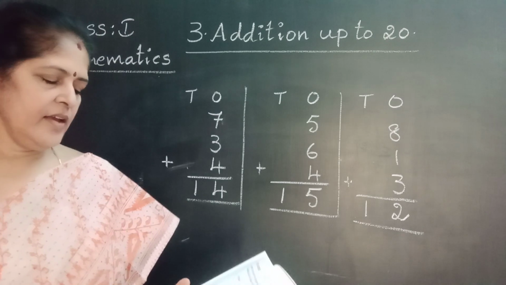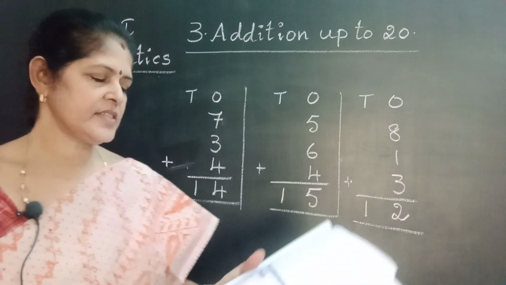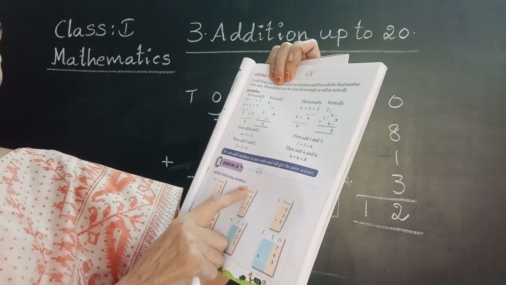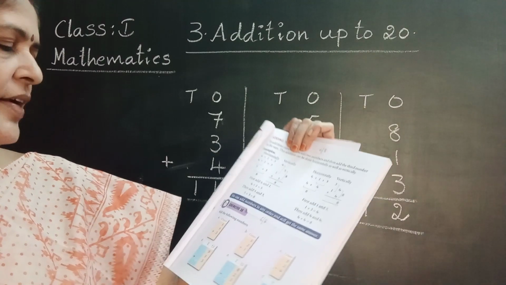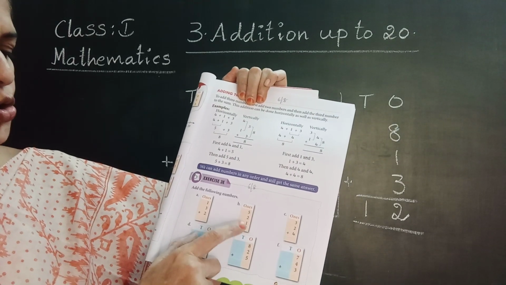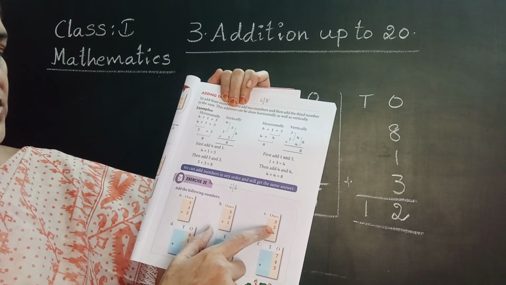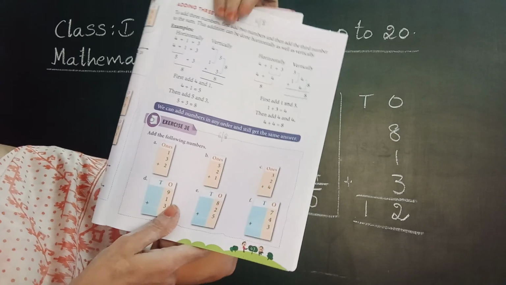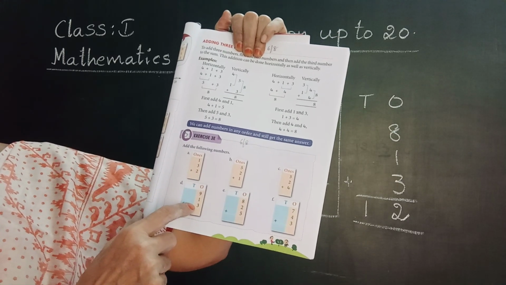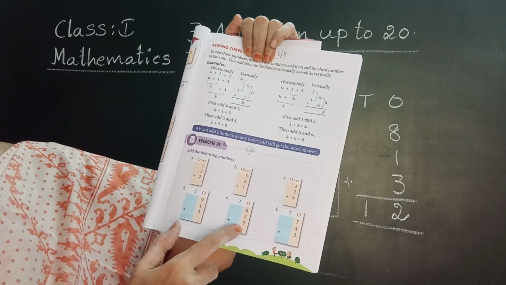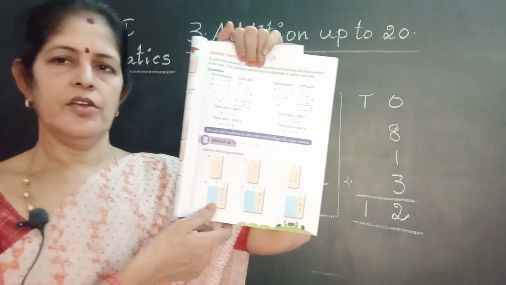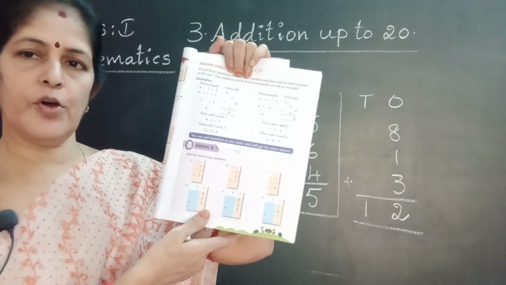Okay, my dear children, in our textbook there is exercise 3E. Exercise 3E. Add the following. Page number 43. 1 plus 3 plus 2. 5 plus 2 plus 1. 3 plus 2 plus 4. 3 lines of addition, 3 numbers. 9 plus 1 plus 3. 8 plus 2 plus 5. 7 plus 4 plus 3. Okay, children? You should complete these sums in your textbook.